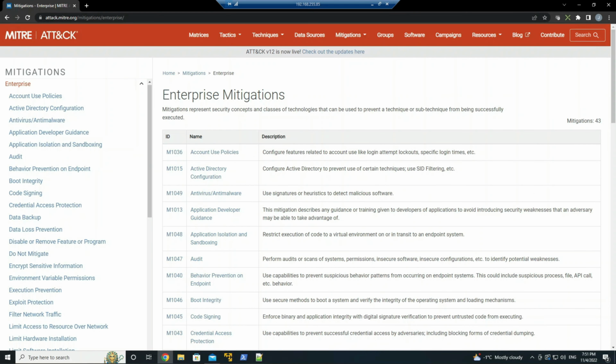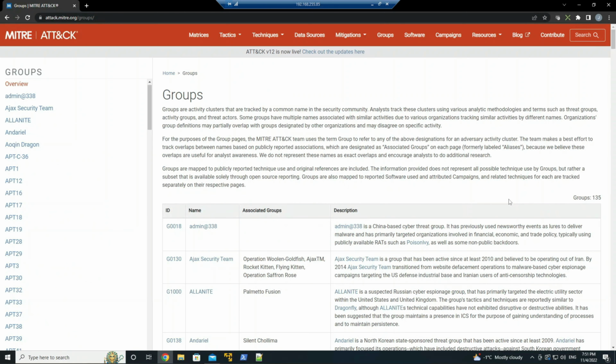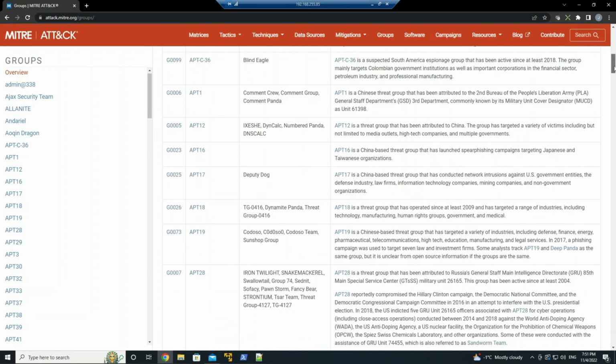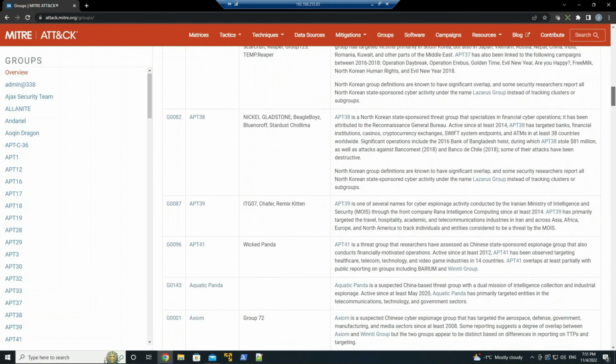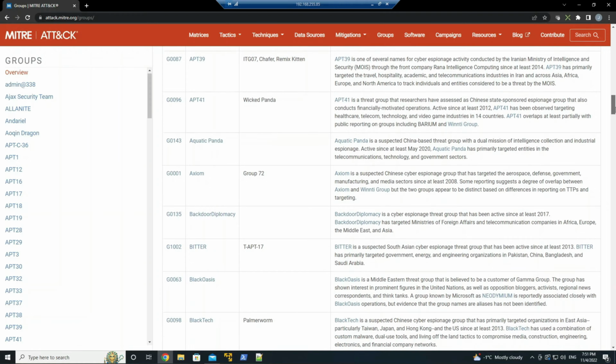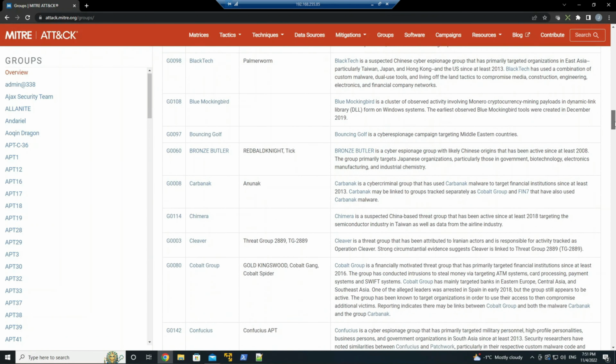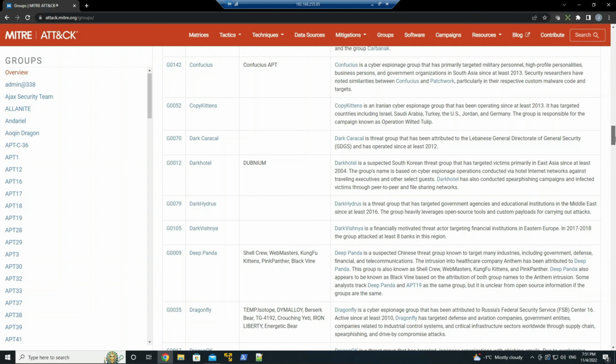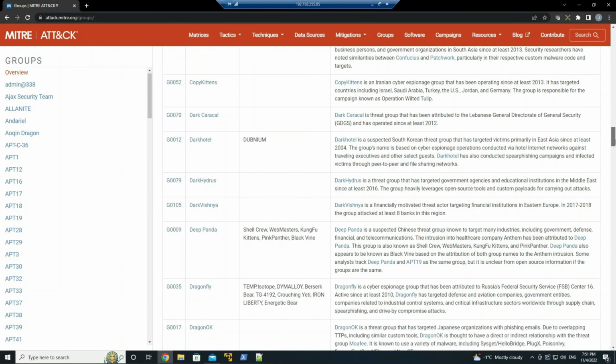So it's good to understand all of the things the adversary can do to compromise the environment, but we also need to understand how to mitigate that. And then we've got groups. So these are the adversarial groups that have been identified. And you can research each one of these to understand the tactics and techniques that they use and the organizations they typically go after. You can build out your controls and detection capabilities to help minimize the risk from that